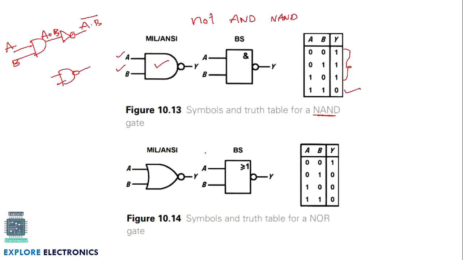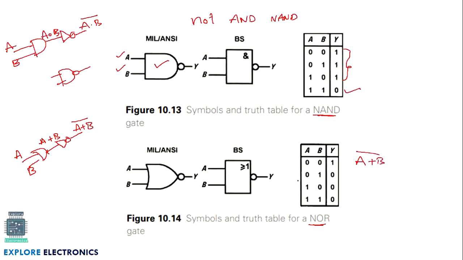Okay. Now we have one more gate called NOR gate. NOR gate is similarly viewed as an OR gate, and at the output we are connecting one NOT gate. Here if we treat this as A, this as B, at the OR output we are going to get A plus B, and at the NOT output we get A plus B whole bar. So this NOR gate functionality will be A plus B whole bar.